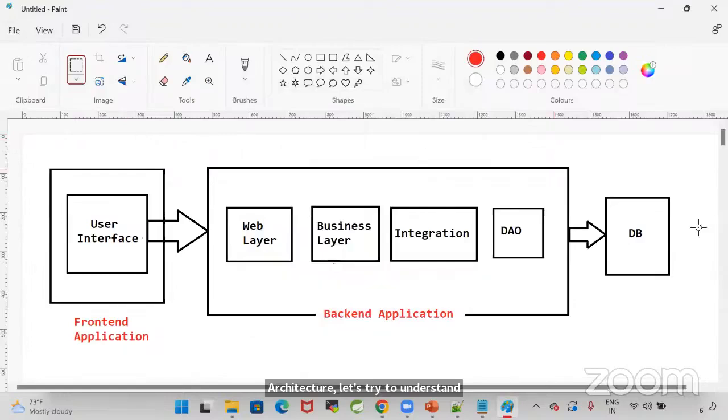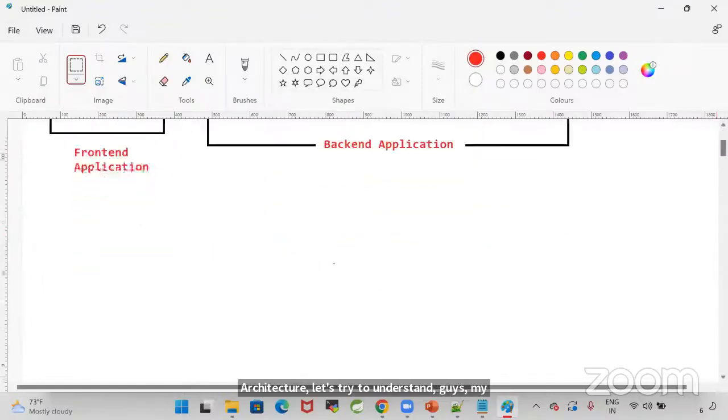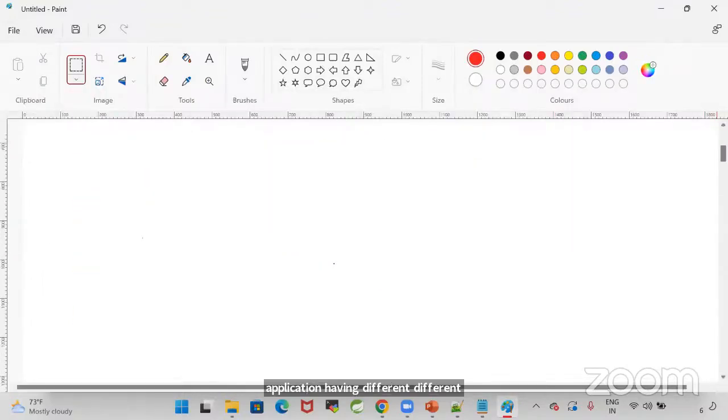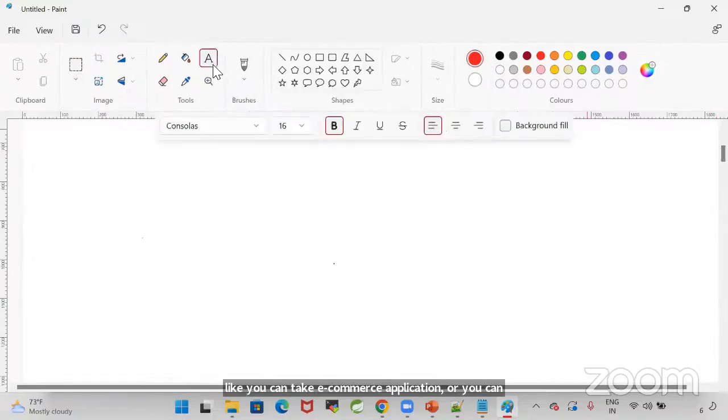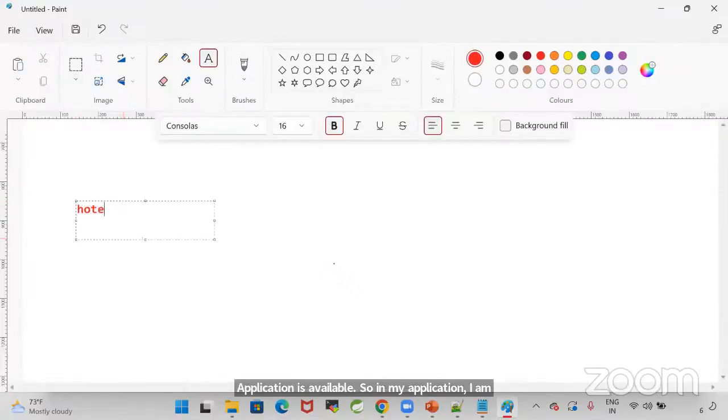Guys, my application has different functionalities. You can take an e-commerce application, or an online ticket booking application. So in my application, I have hotels booking functionality. I have flights booking functionality. In my project, I have trains booking, rail booking.